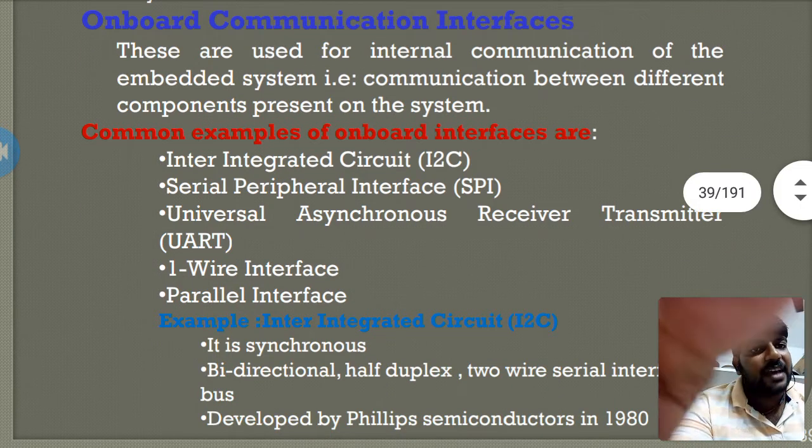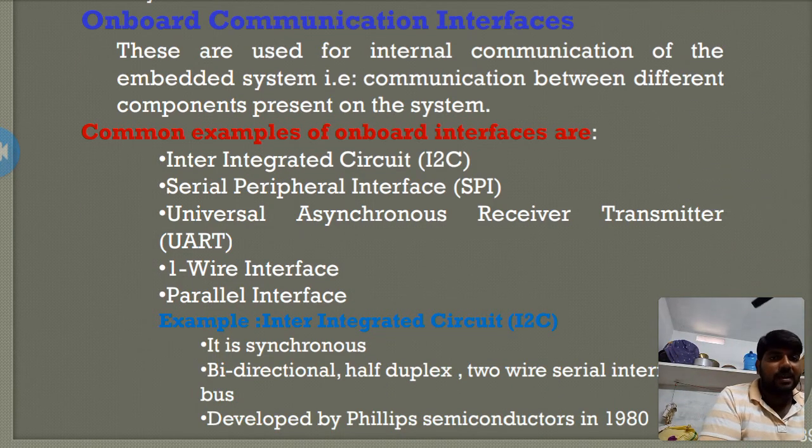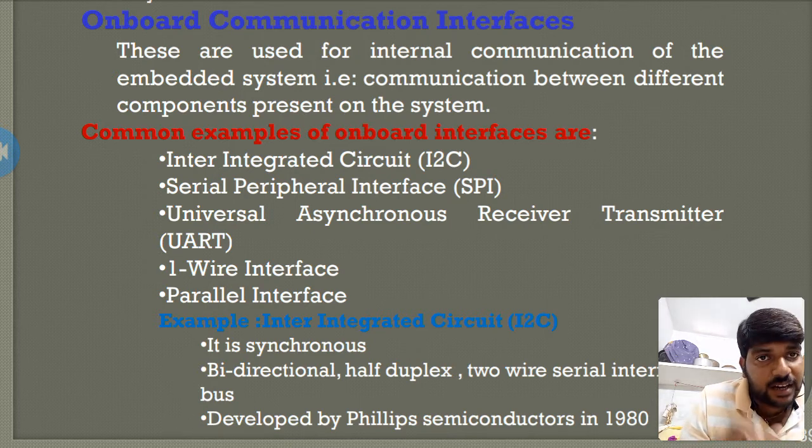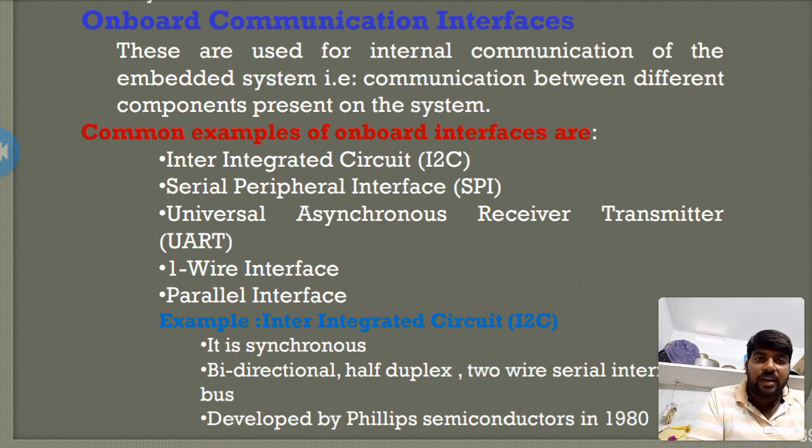First one is I2C, meaning inter-integrated circuit. The second type is the serial peripheral interface, the SPI model. The third one is the universal asynchronous receiver and transmitter, the UART model. The fourth one is the one-wire interface. The next one is the parallel interface. So coming to the first one,